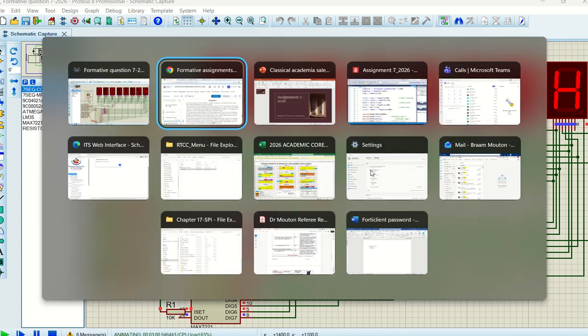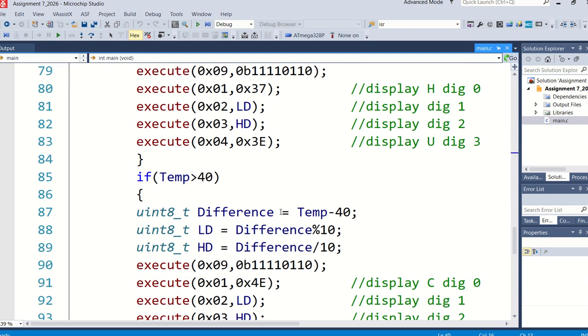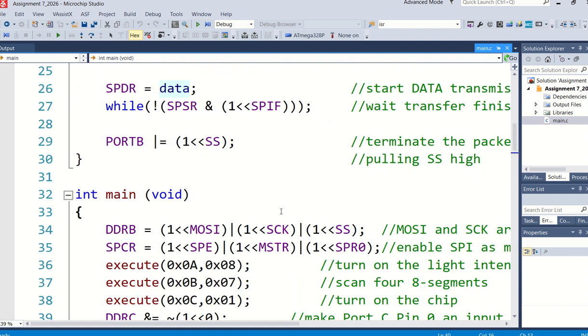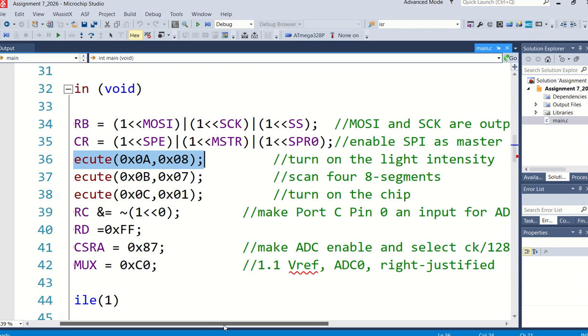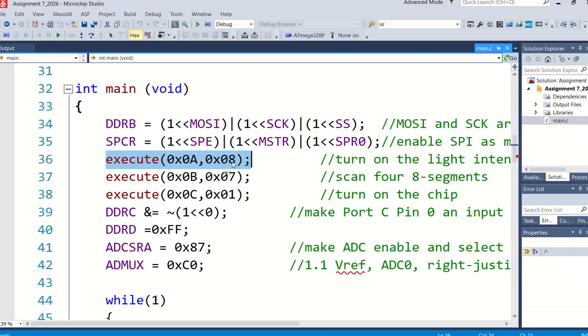So if we go to the program, which is my program here, let me just start off in my main program. People, I'm not going to discuss the setting up of the pins for SPI. That has been done. Also the SPCR, what we need to enable there, we've done that in previous examples. You can go and look at that. In this one here, this is just to turn on the light intensity. On Proteus you have to do this. In real life you don't have to do this, but in Proteus I must do that, unfortunately.